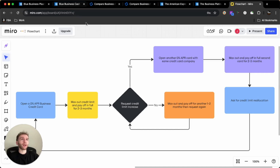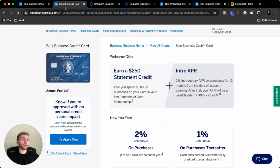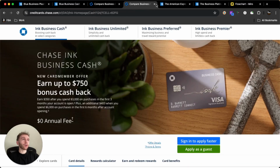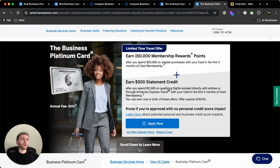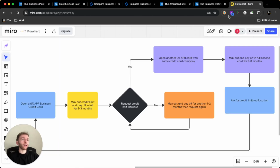You couldn't combine an American Express card with a Chase card, but if you have the Blue Business Plus from American Express and the Blue Business Cash from American Express, or if you have these two Chase cards, then you can do it. You can't do it with gold cards or platinum cards because there are no limits. But as long as you have a set limit on your card, what you're going to want to do is